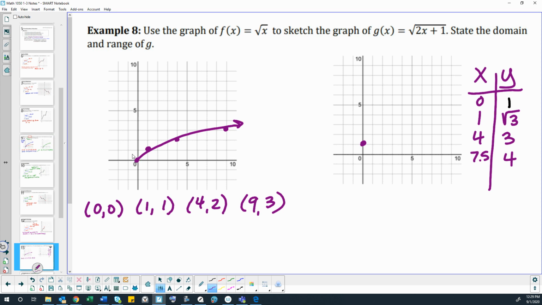So square root of 1 is 1. Square root of 3, I don't remember. Is it approximately 1.4? I'm trying to remember. Does that sound about right? Has anyone tried it lately? Square root of 4 is 2, so maybe it's higher than that. Maybe it's 1.7. Okay, thank you. I was mixing up my square root of 2 and my square root of 3, which are going to be important in the trick. Okay, so over 1 up 1.7, and then over 4, 3, and then over 7.5